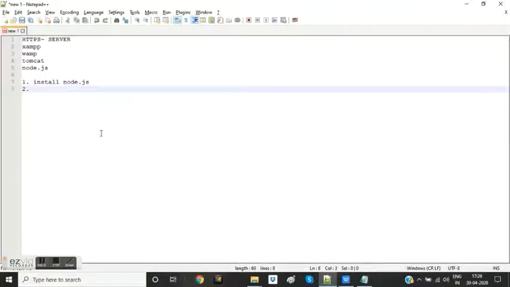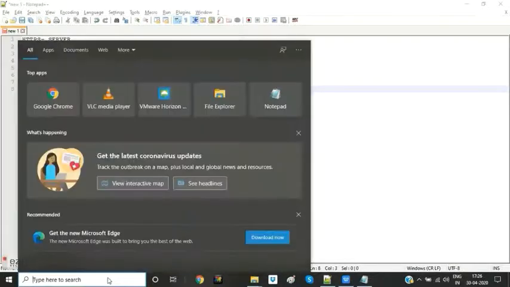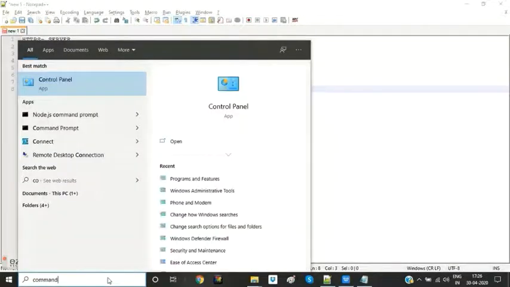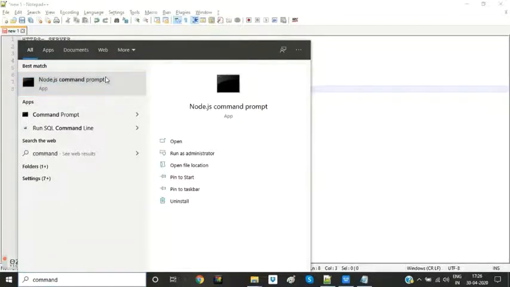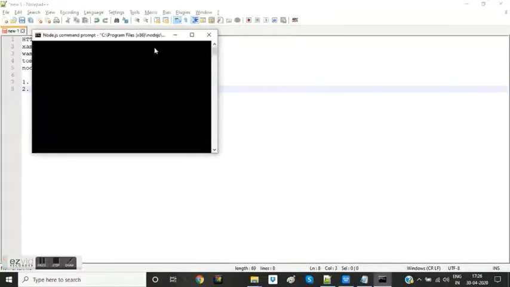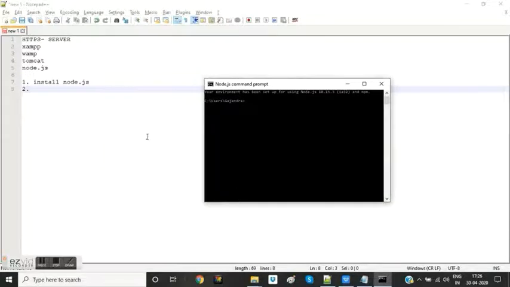What you need to do is open a command prompt or go to the Node.js folder, or search for the Node.js command prompt. Once this command prompt is open, you have to install the HTTP server for Node.js.